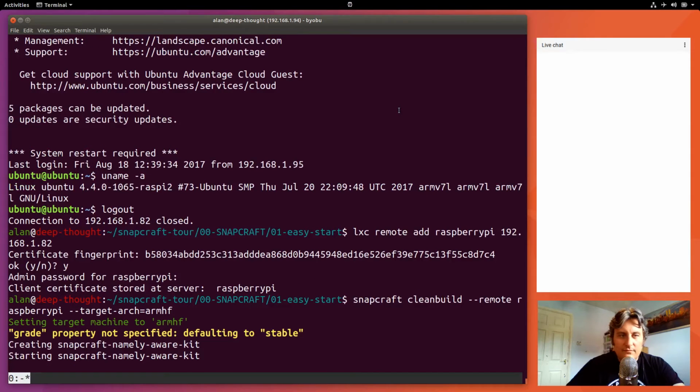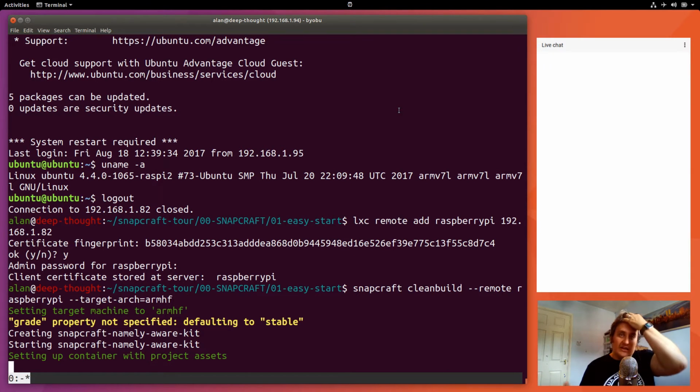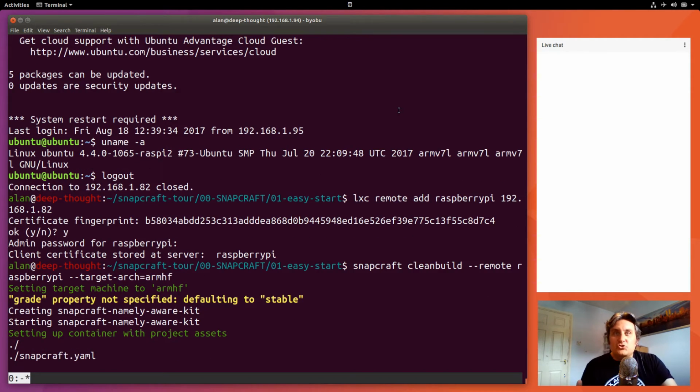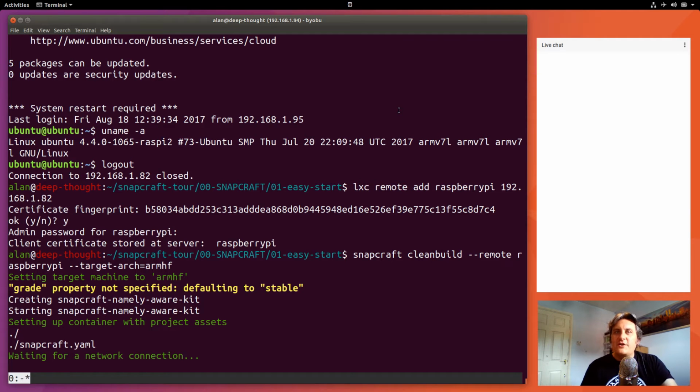Cool. Yep, there we go. Now it's starting the LXD container, and then it will start doing the build exactly as it did. So now I've got to the state where I can do quick builds on my local machine using clean build, or even faster builds on a remote faster machine. Now the remote faster machine in this case happens to be a desktop class laptop, a decent spec laptop, but it could easily be a remote machine like a DigitalOcean Droplet or some other VPS provider or some server on your own infrastructure. You don't have to build on someone else's machine. You could build on just a machine in your data center,